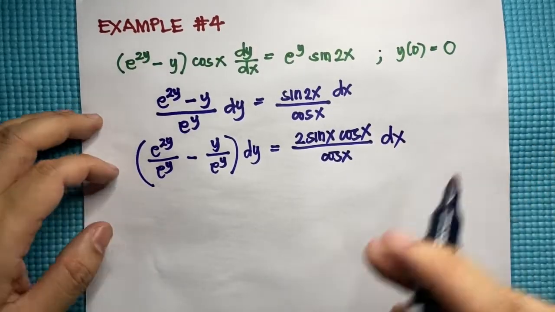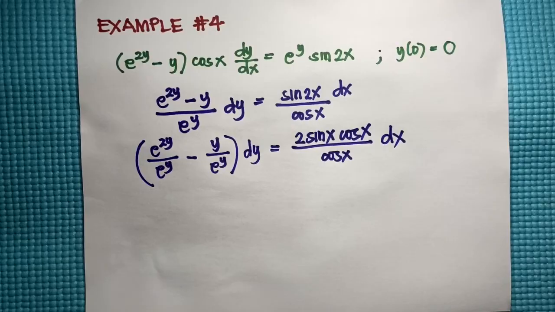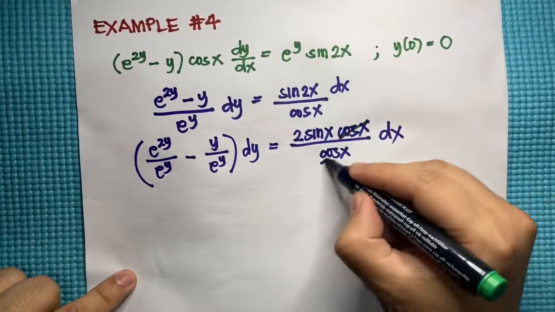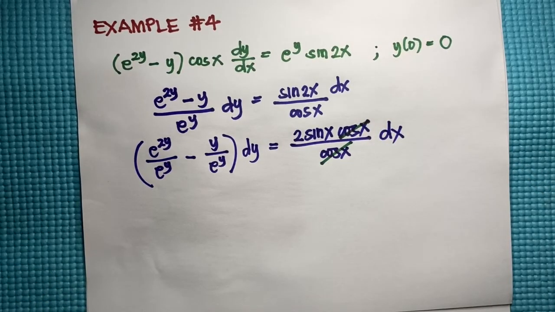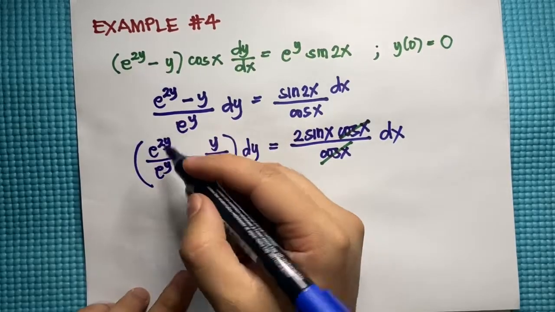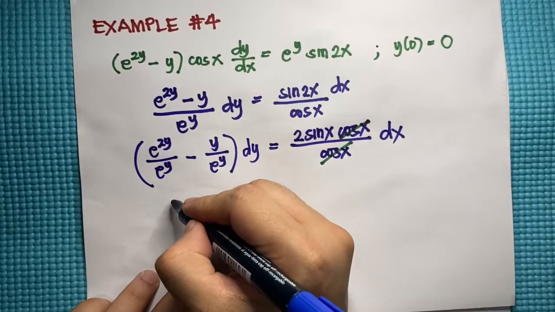As you can see here, we can cancel out cosine x and cosine x, leaving us e^(2y) divided by e^y, which will just be